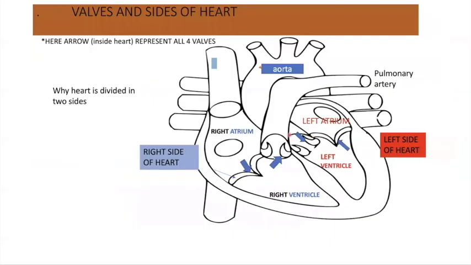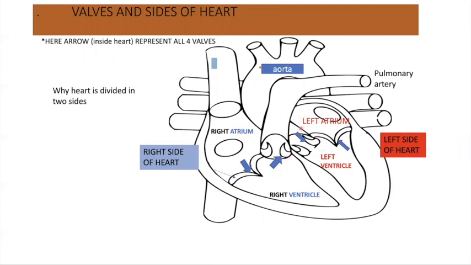Let us first understand the structure of the heart. Our heart is divided into two sides, left side and right side. This is the left side of our heart, and this is the right side of our heart. These two parts are separated from each other because when they are separated, the blood in the left part and the right part don't get mixed up, such that blue blood won't get mixed up with the red blood. So two parts are there, right part and the left part.